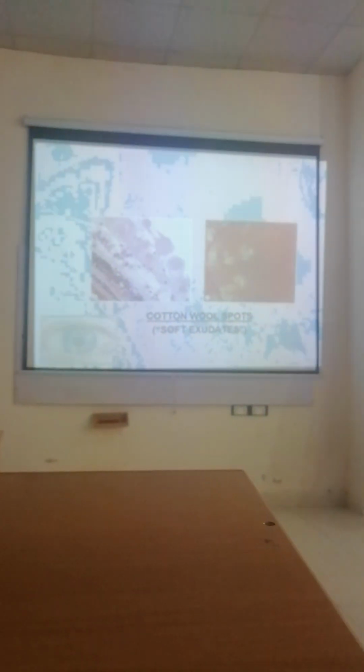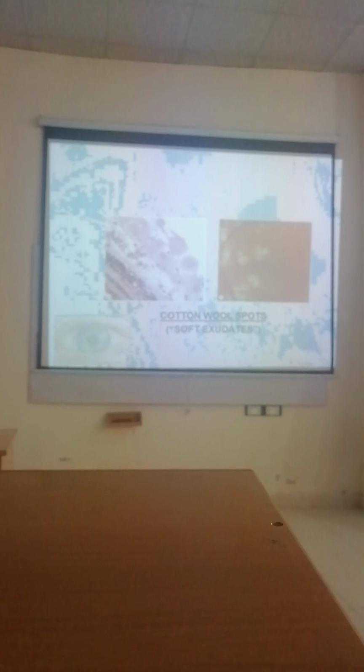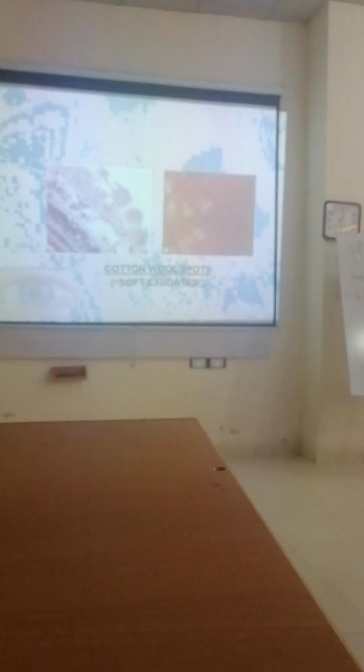So now, after studying the background diabetic retinopathy, which has 4 signs: microaneurysm, number 1, intraretinal hemorrhages (the retina has 10 layers),